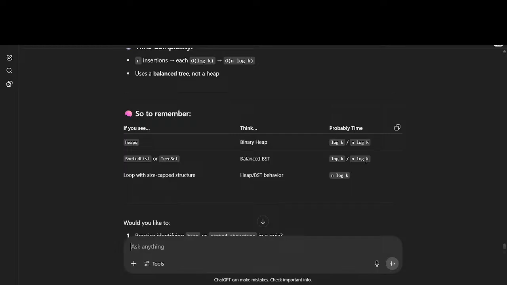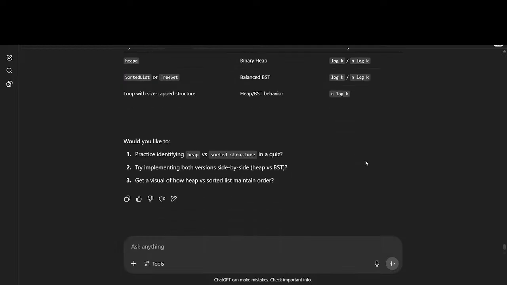Sorted list or tree sets, balanced, log k and log k. I see. So when dealing with tree